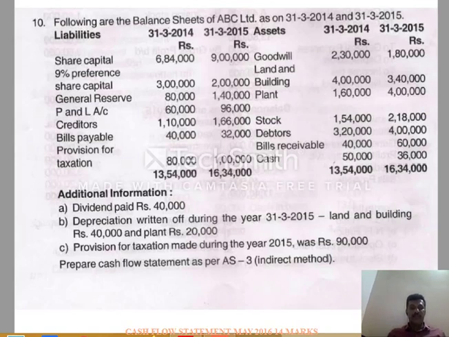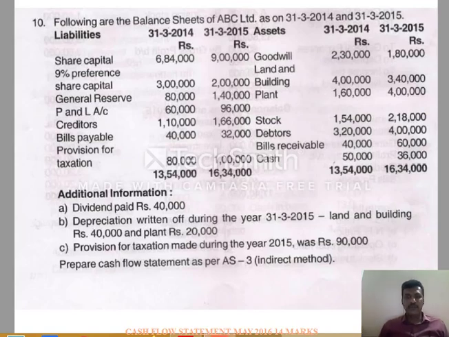Coming to non-current liabilities, we have share capital, 9% preference share capital and general reserves. So general reserves will be adjusted in the profit and loss account. So there is an increase of 60,000 in general reserves, which we have to consider as transfer made to general reserves during the current year 60,000. Then the current year profit is 36,000. You can see in the balance sheet, the profit and loss account opening balance is 60,000 and closing balance is 96,000. That indicates that during the current year, the company has made a profit of rupees 36,000.